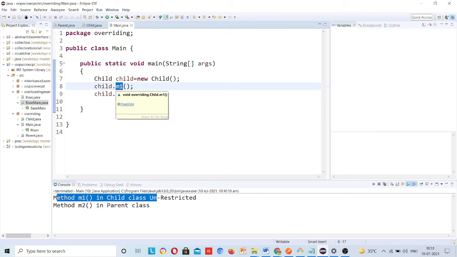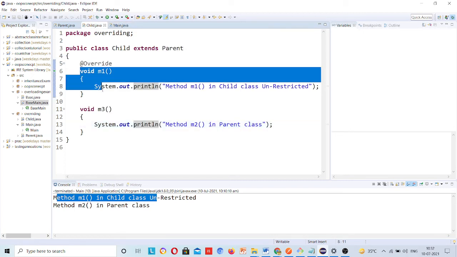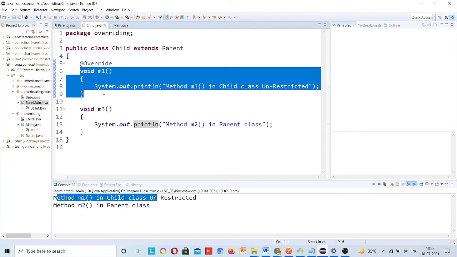Since you have created the method in the child class as well as the parent class, it will go to the child class first. It will check whether this method is present in the child class. Yes, it is present, so it will call the child class method.